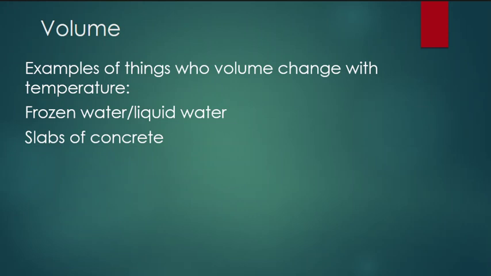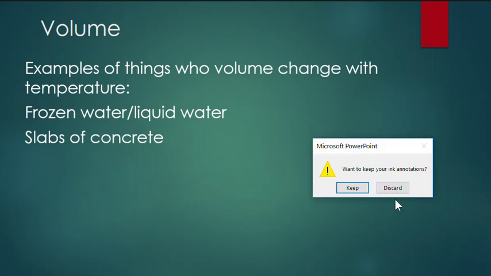Because as the temperature goes up, the concrete expands. Its volume changes. But what if you have a very long piece of concrete? One is under a tree and one is in the sun the whole day. As the sun part expands, it's going to hit the one that's under the tree that's not expanding as much. And that's where it cracks. Okay, they're called expansion joints. By leaving that crack there, it allows the concrete to expand into the empty space. Make sense? So now we know why expansion joints. So the next time